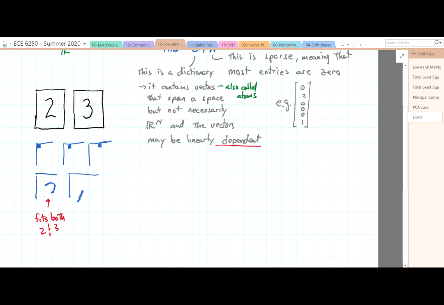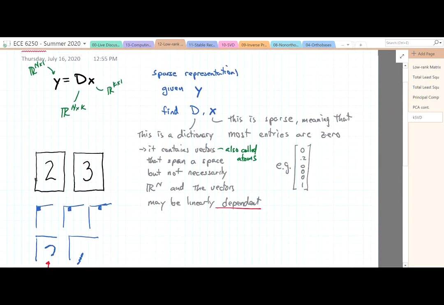And depending on how you choose it, you could find sections of curves or lines from which you could make up a wide variety of numbers. And while maybe this is an 8 by 8 or 16 by 16 image, which if it's 16 by 16 would require 250 elements, maybe we could come up with something where some much smaller set would work well for figuring out these numbers. So when we find a dictionary that lends itself to sparse representations of a given signal,